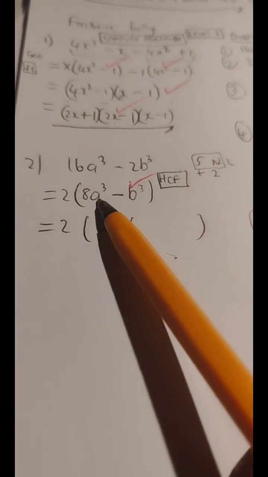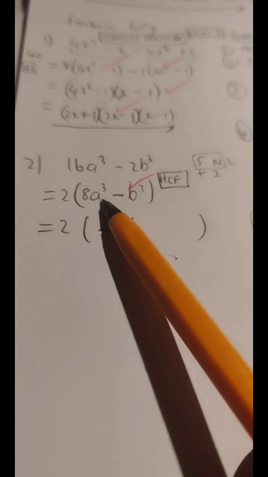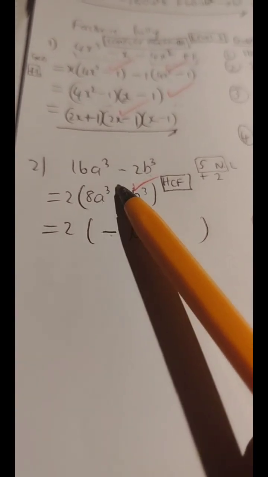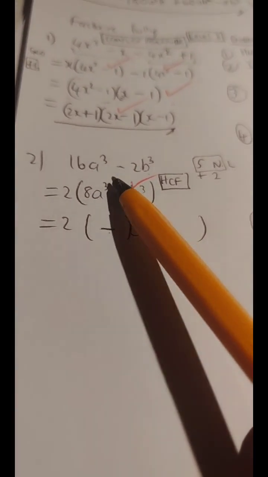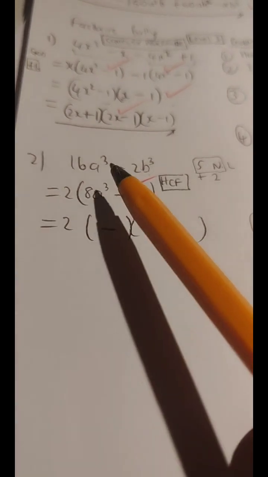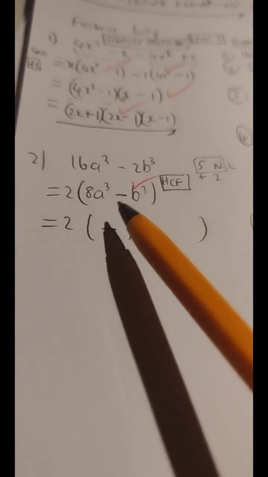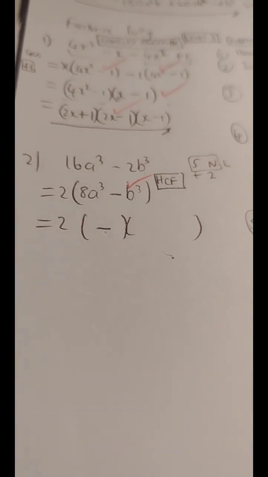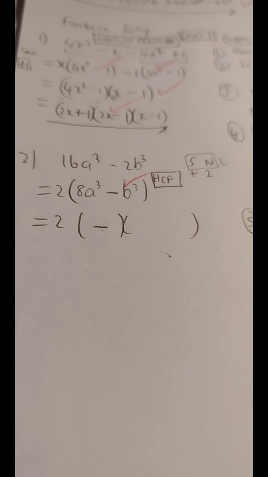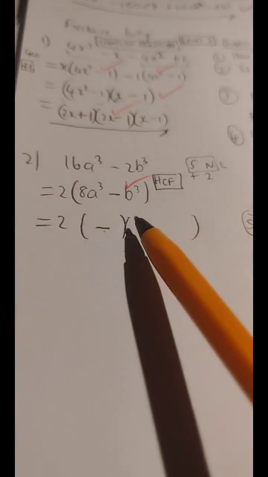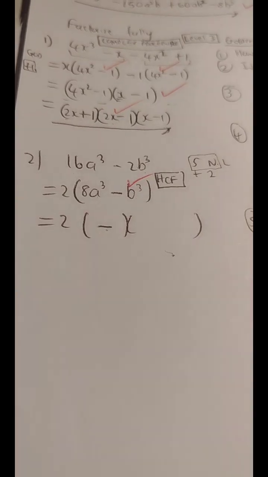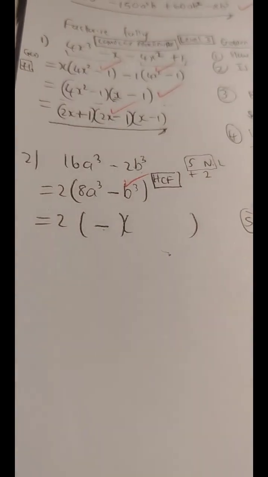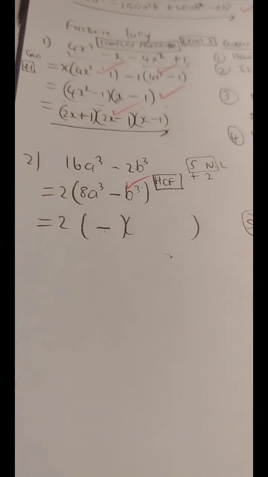For letters, guys, any letter that has an exponent that can be divided by 3, and when divided by 3 that exponent leaves a positive integer, then we know that that is also a variable that is a perfect cube. Okay. If that particular exponent can be divided by 3 and leave an integer value, then we say that is a perfect cube variable. So that's how we identify perfect cube variables as well.